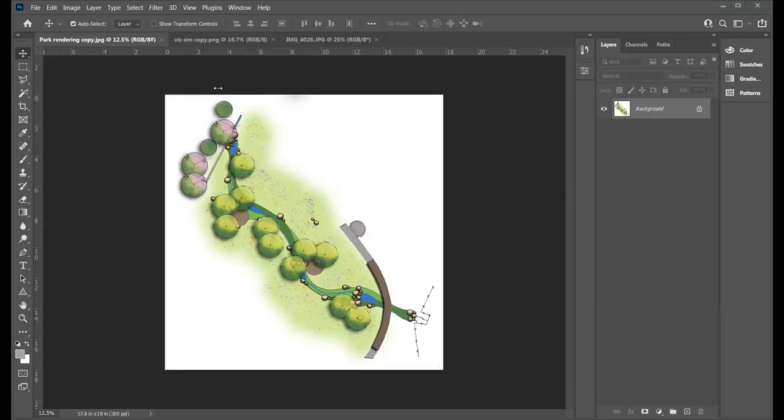A lot of times we use these for public outreach. They're a quick, easy way to get a perspective view where you feel like you're in the space, and they're a lot less time consuming, and therefore less expensive to clients, to evaluate a space and to show the